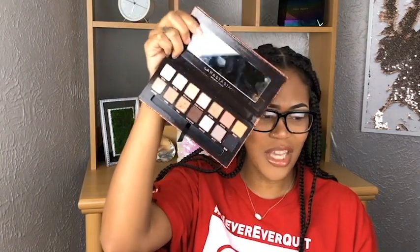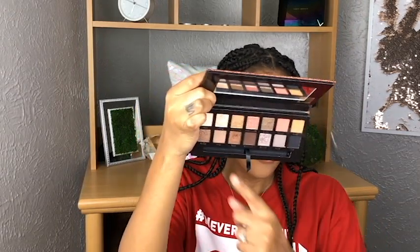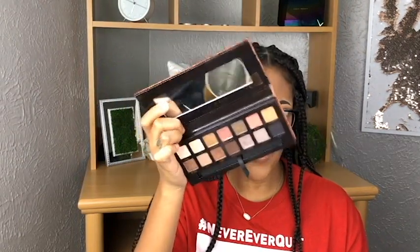I might start with the Sultry palette and give you guys a sort of New Year's type of look. I don't know. Beautiful color story as always. You can see my fingerprint in that one. Beautiful color story as always, and that pop of pink, so beautiful. And this palette is more of a cool tone palette, which I don't gravitate towards often, but